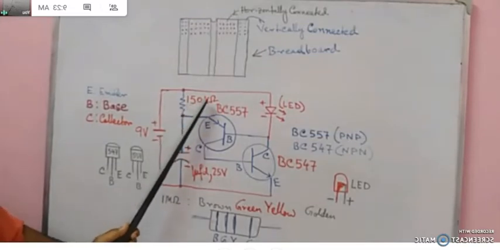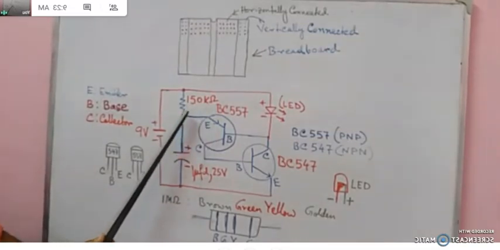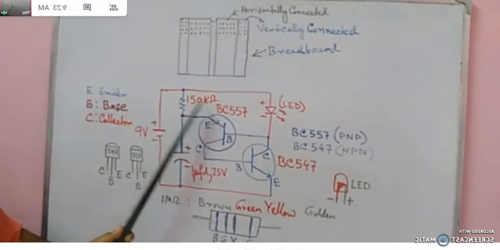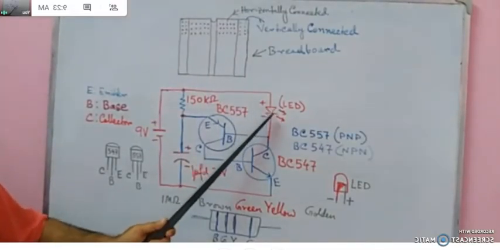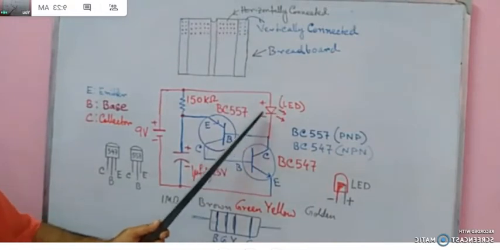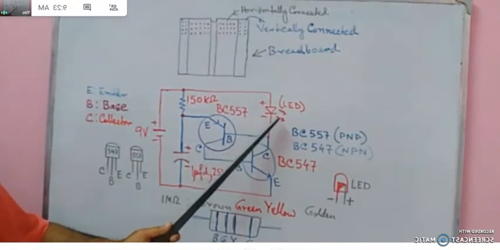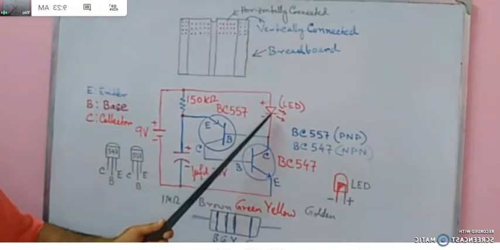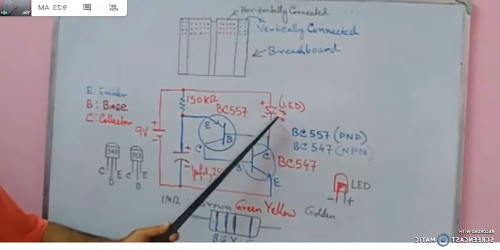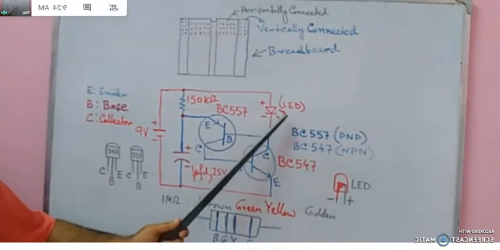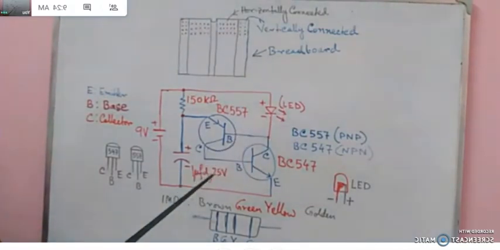And this is the resistor used for biasing. It is 150 kilo. That is the LED, positive, negative. The triangle is positive, the straight line is negative. So this is the LED, a type of diode. For that reason, it has the diode symbol, with only the difference of the arrows, that is blinking. Light is emitting. For that reason, light emitting diode.